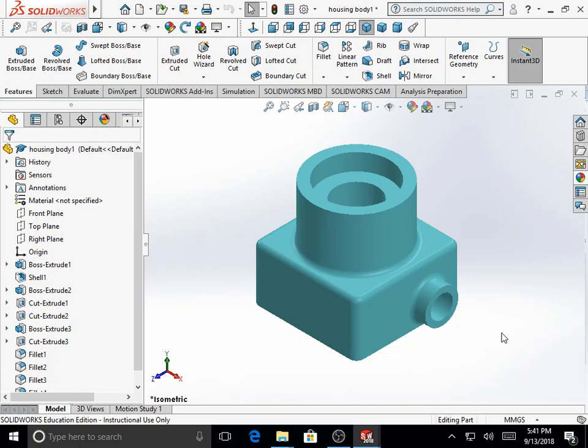In this tutorial, we will make a housing body as shown on the screen. We will make use of Solidworks 2018 version. This housing body comprises of a square base, a cylindrical boss on top of it, a counterbore hole drilled through the top of the boss,